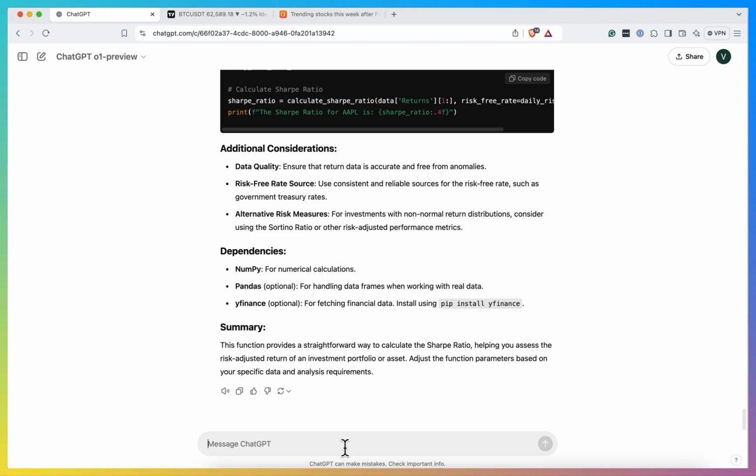And the same for PineScript. You can ask it to write you some pretty advanced PineScript indicators. You still have to check them, but it can be pretty good. Let's, for example, ask it to write